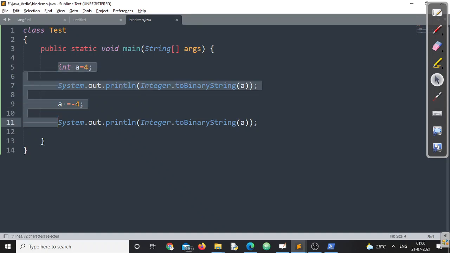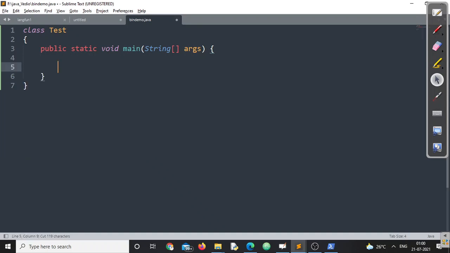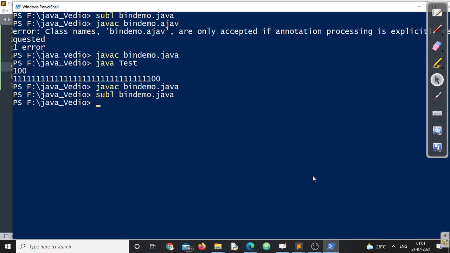Now, let us delete all this. Suppose I am writing system.out.print. Let me operate 5 exclusive or 6, right? Let us see what is going to happen. Let me compile. The code compiles fine. Let me run that program. See, happily what we can see, the answer will be 3.